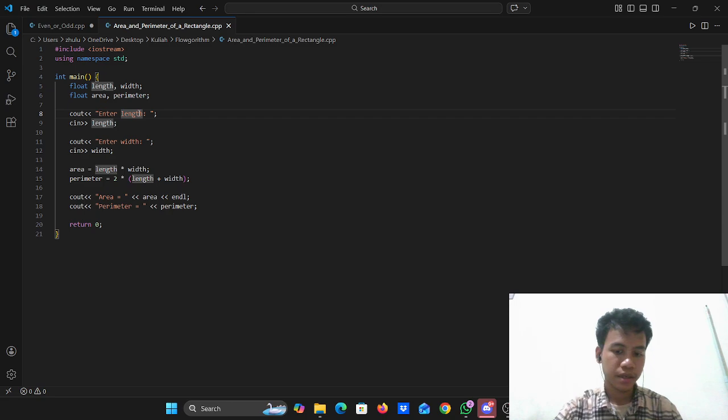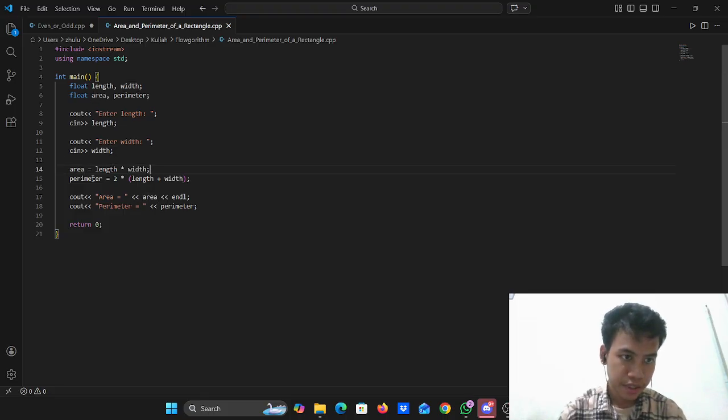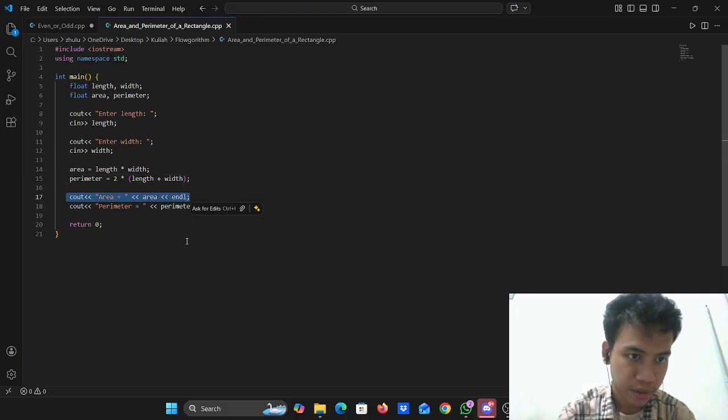And second we input these two, length and width. And third we need the area calculation, this one. And last we display the result.